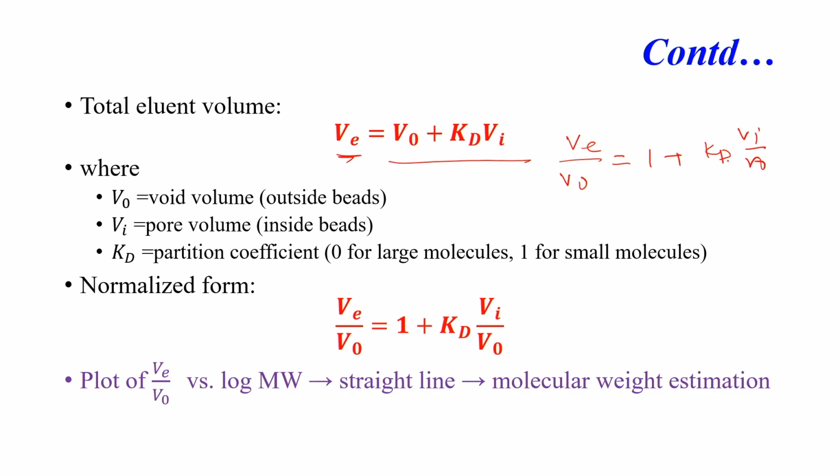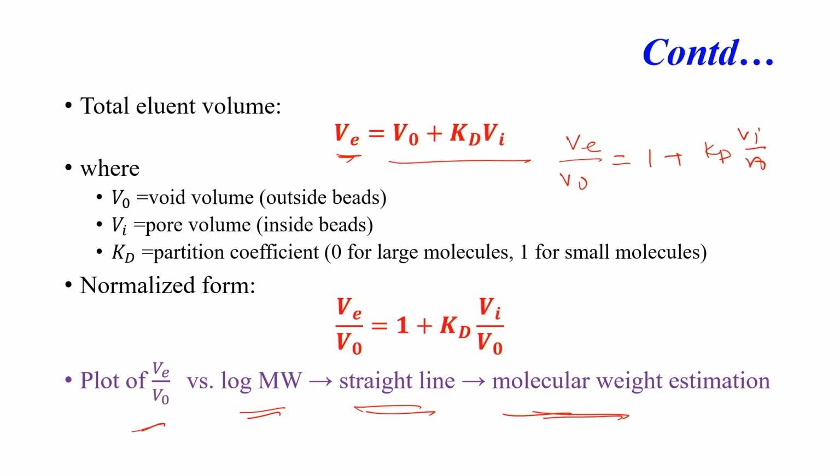So, to calculate the molecular weight, you can plot V upon Vo versus the molecular weights of different solutes, and typically it results in a straight line. Then you run your own sample, and from there you can easily estimate the molecular weight or the